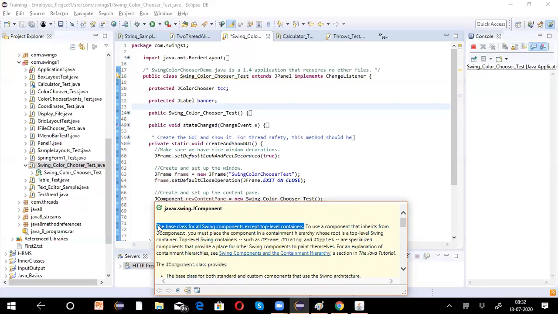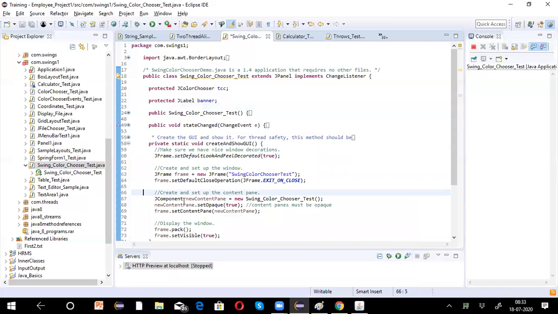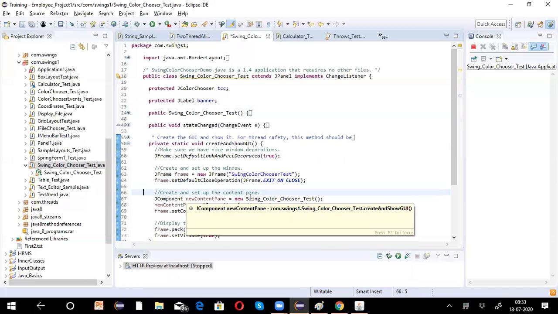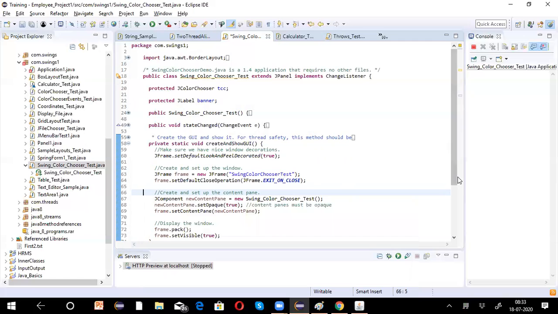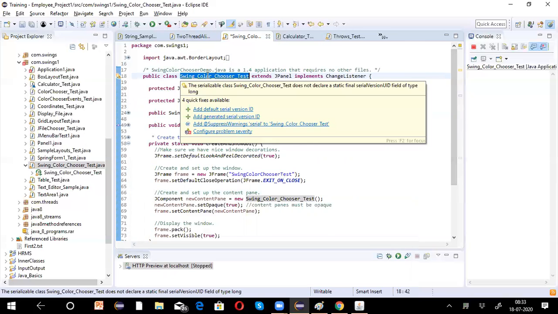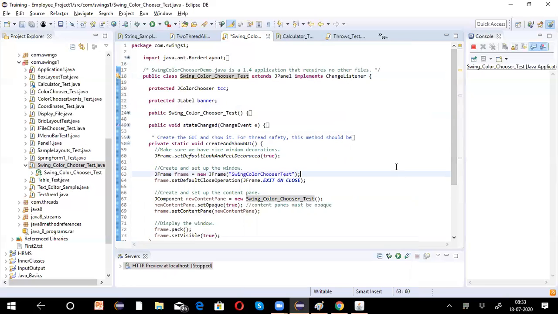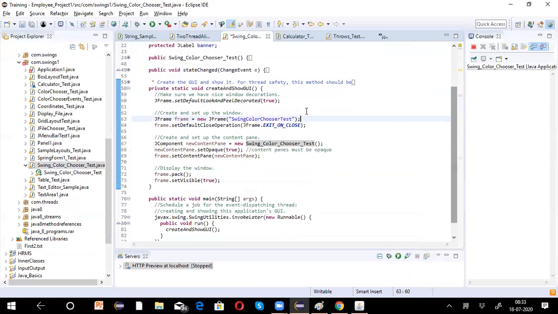Now what we are adding to it is a content pane. Usually JComponent newContentPane equals new SwingColorChooserTest. So what is SwingColorChooserTest? This one is our class, and it means the panel. So here we are adding the panel to the content pane.